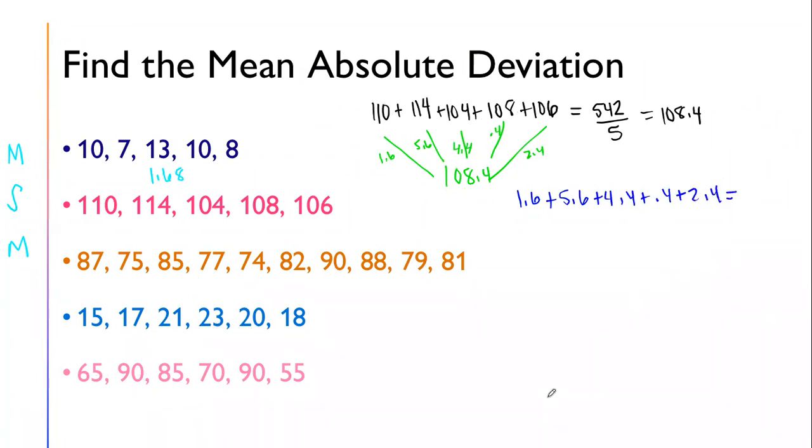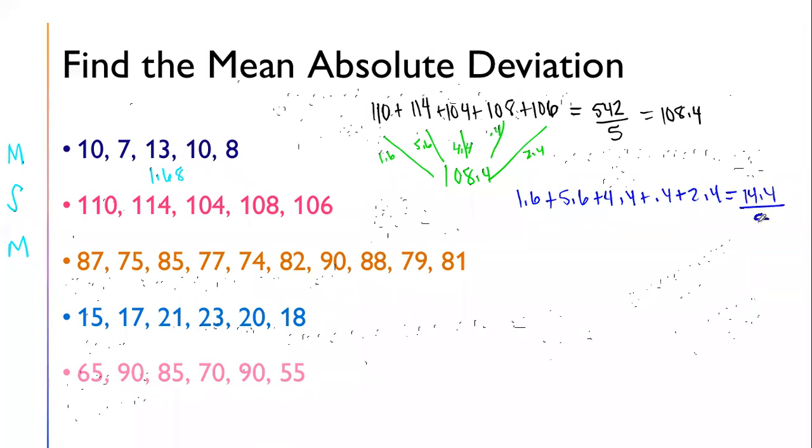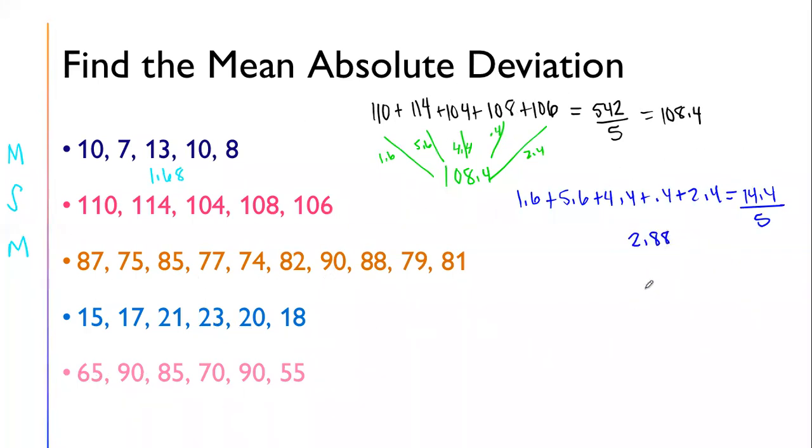I cannot see my screen. 1.6, 5.6, 4.4, 0.4, 2.4 divided by 5. Did y'all get 2.88? Only Emily? Oh, you're still doing it? My bad. Thought I waited enough time. I already finished on that one. Oh, you already finished on this one? Yeah. All right, 2.88 should have been your average